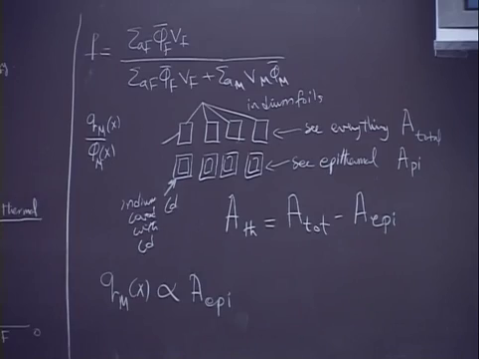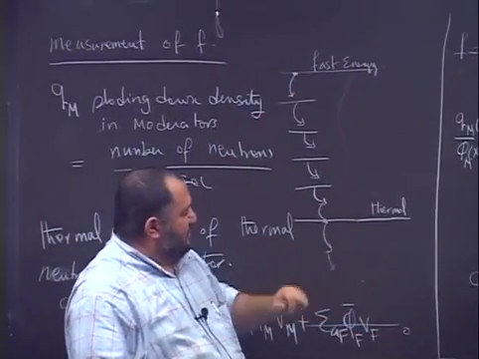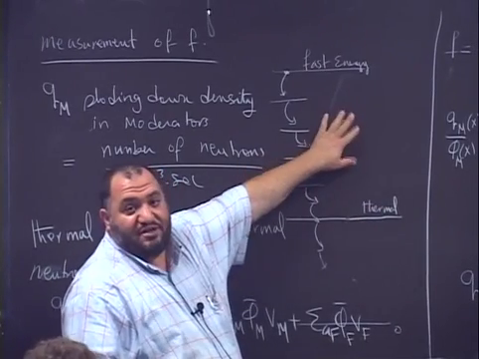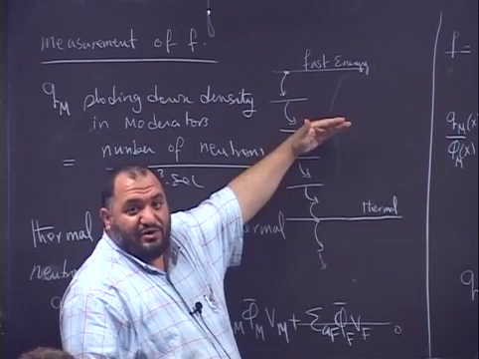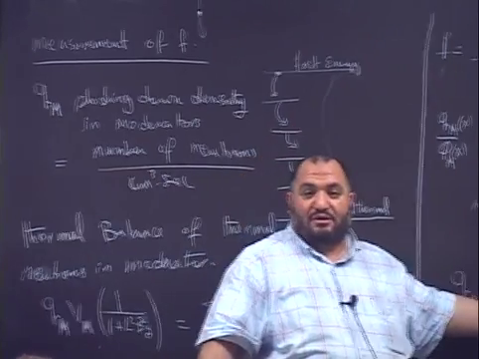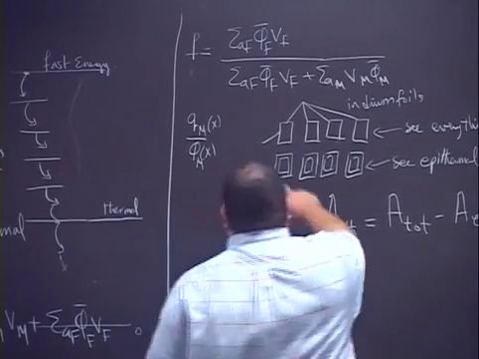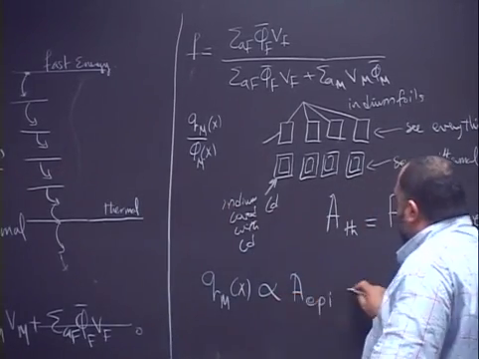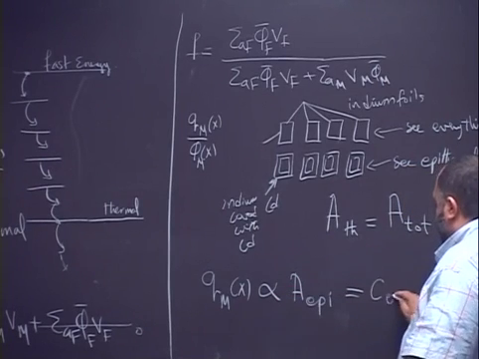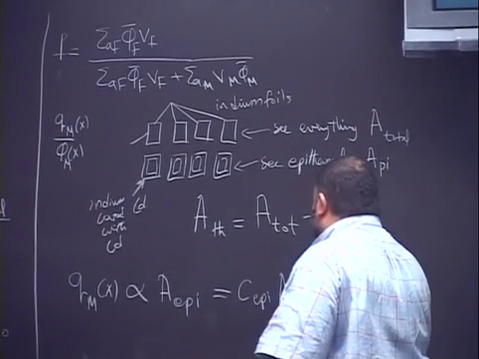So the definition of the total flux is everything from the fission up to zero. Thermal flux is everything in this region. Epithermal is everything in this region. So the slowing down is proportional to the activity in the epithermal cadmium wrapped foil. So you can remove the proportionality and put a coefficient called C epithermal multiplied by the